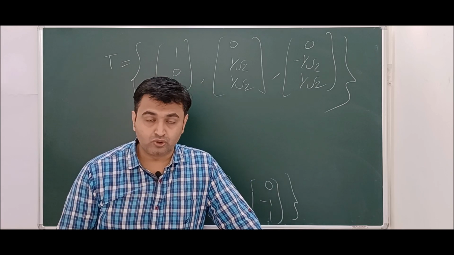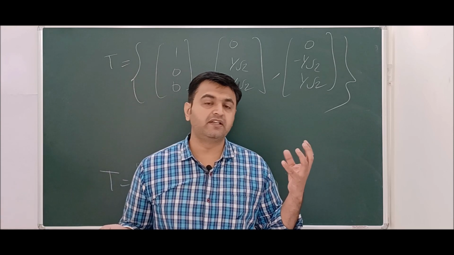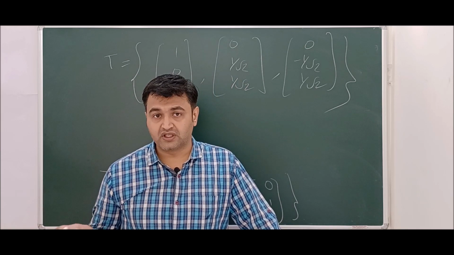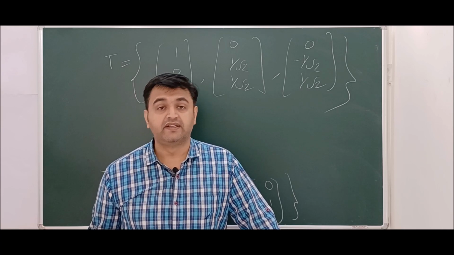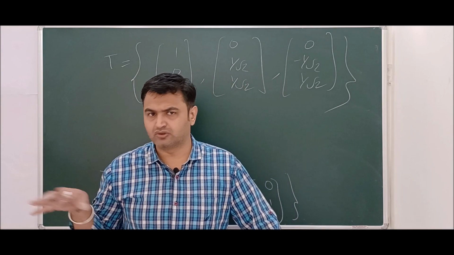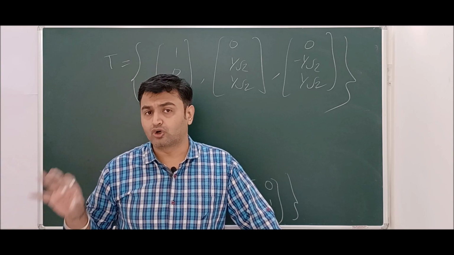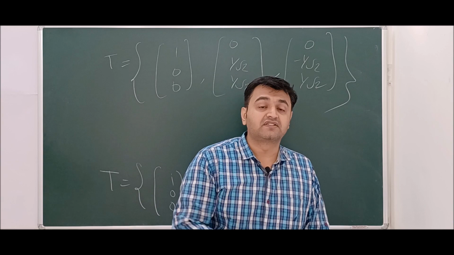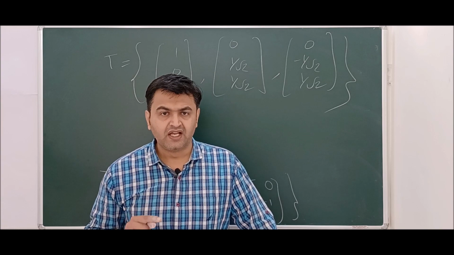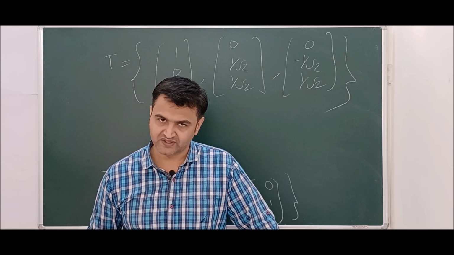And now, as I told you at the start, what is the connection between orthogonal or orthonormal vectors and linearly independent vectors? There is a nice theorem that says if you have a set of orthogonal or orthonormal vectors, then that set is always linearly independent. Obviously, I am playing with non-zero vectors. None of the vectors are 0. So if you have a collection of non-zero orthogonal or orthonormal vectors, then those vectors are always linearly independent. But the converse is not true. I have proved this in a different lecture, and that link is also there in the description. So go through that proof as well.